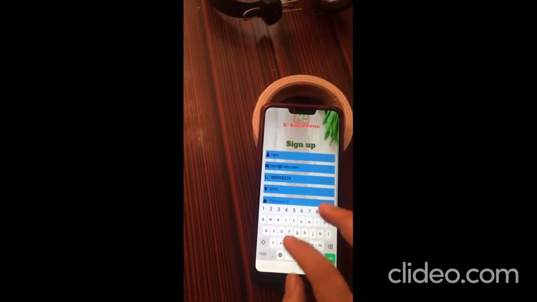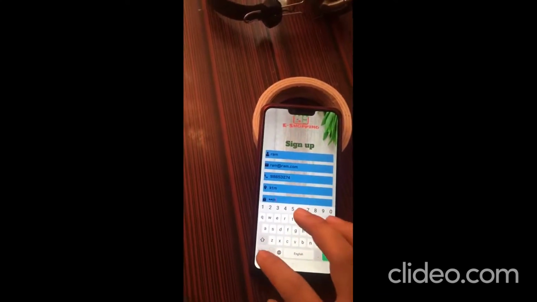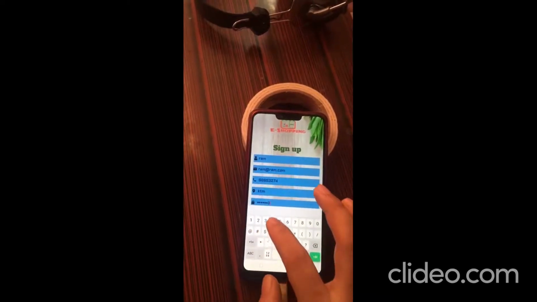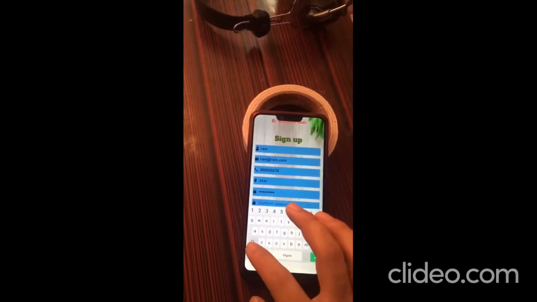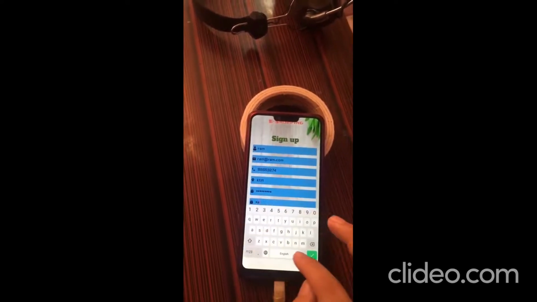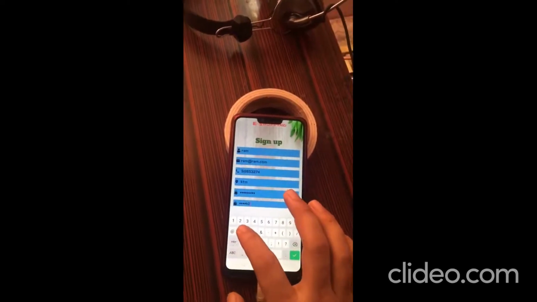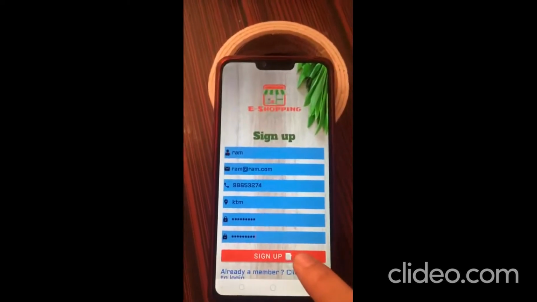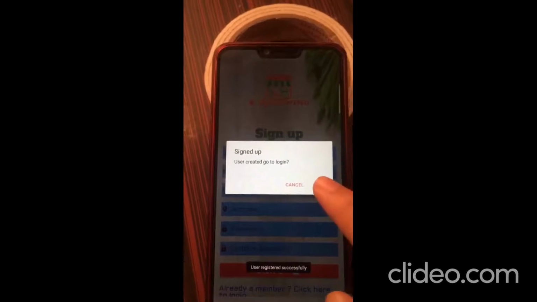For password, 1 2 3 4 and 5. Confirm password, 1 2 3 4 and 5. So now let's sign up. You can hear a vibration.